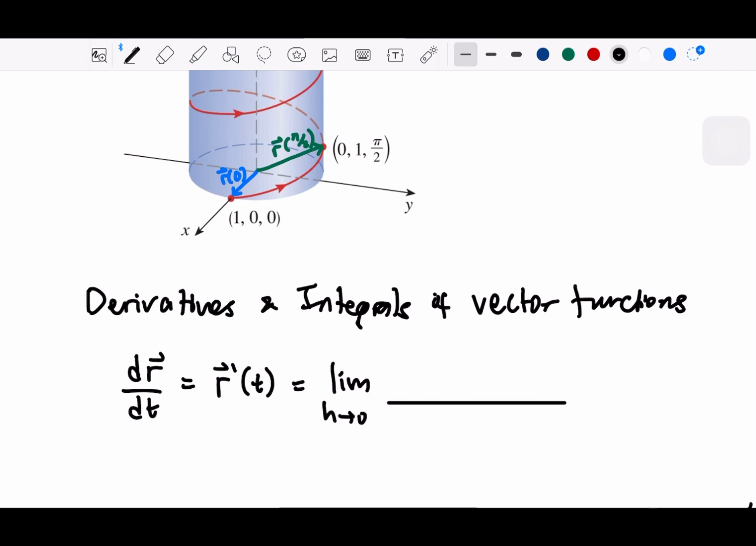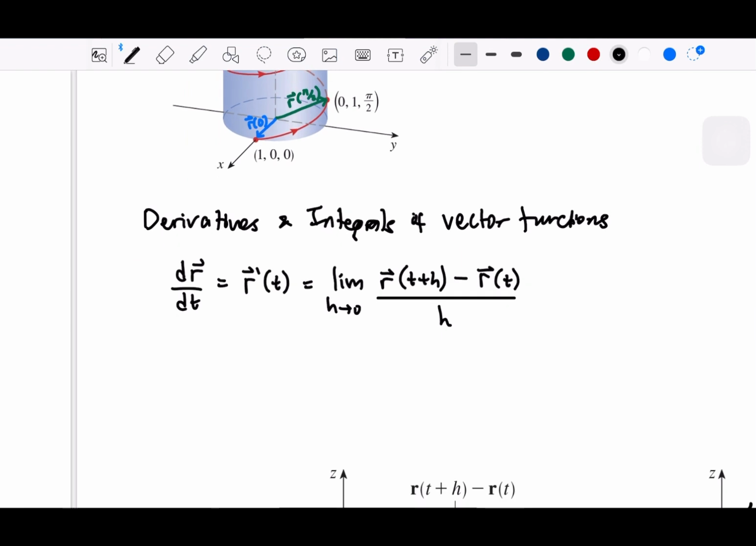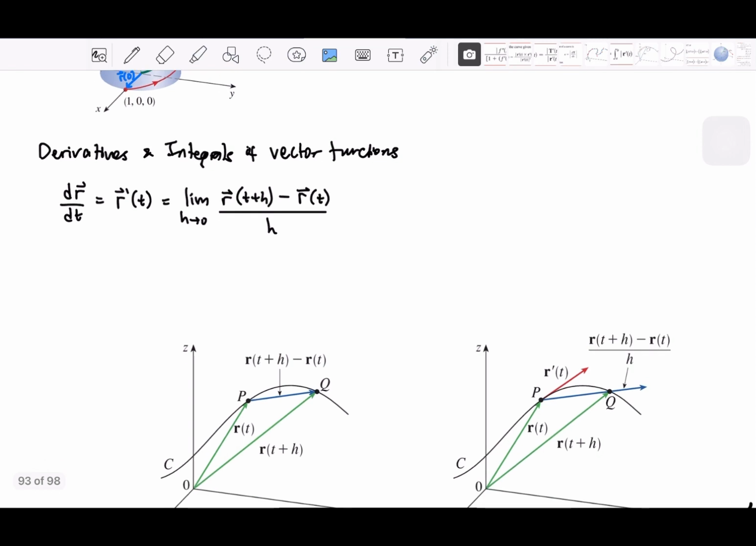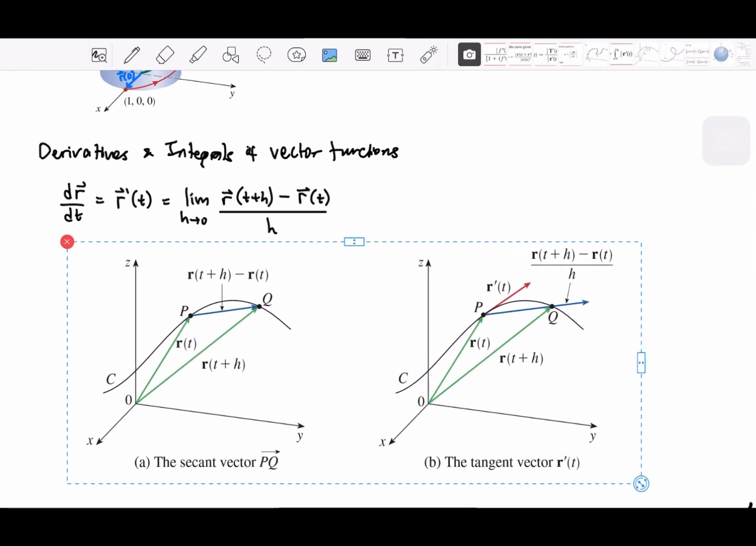So the limit. This is the function, and we change the function with r. So r of t plus h minus r of t, over h. This is pretty much the same definition as we did in calculus 1, but we changed the regular functions with the vector functions. Let me make it clear here. So if you see on this picture now,